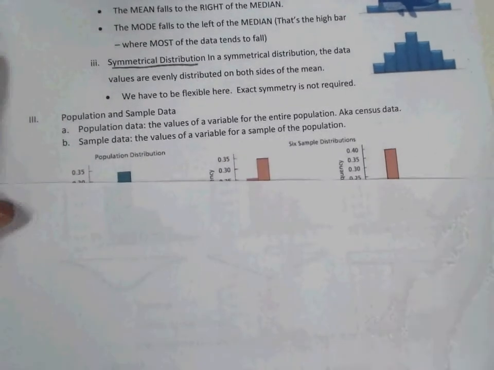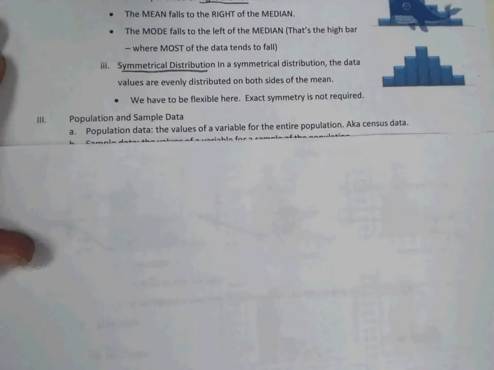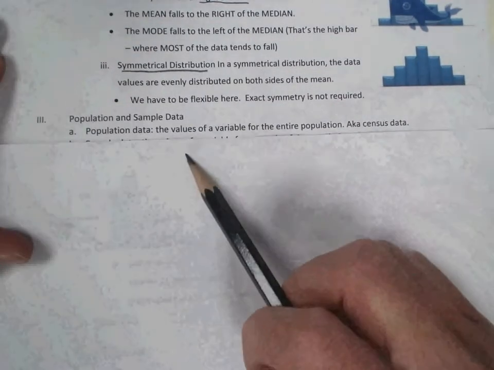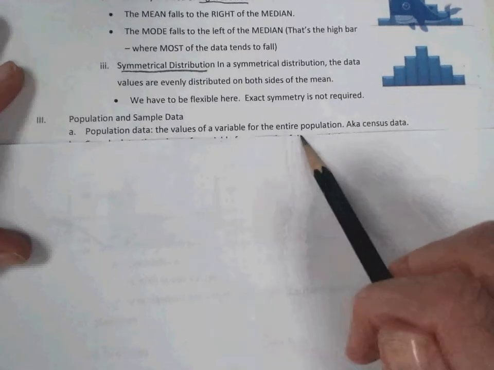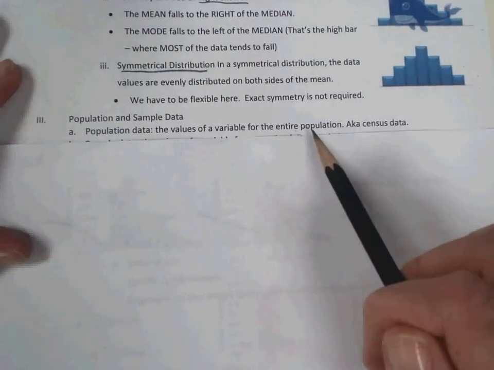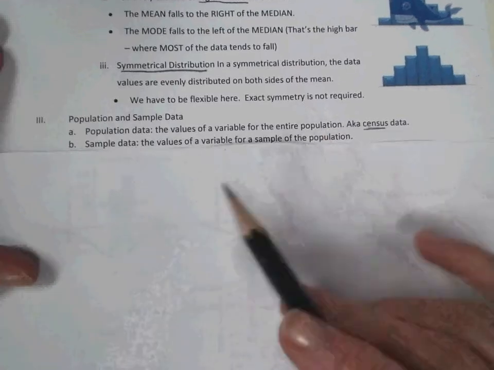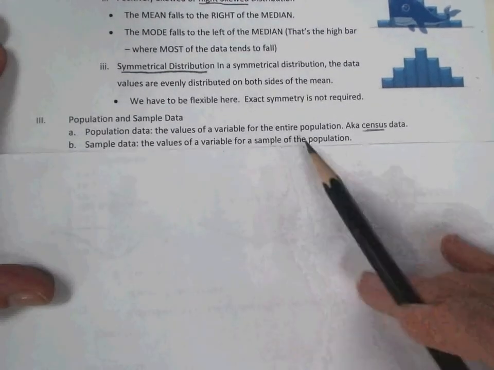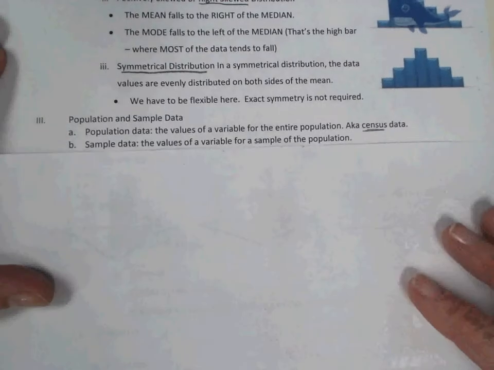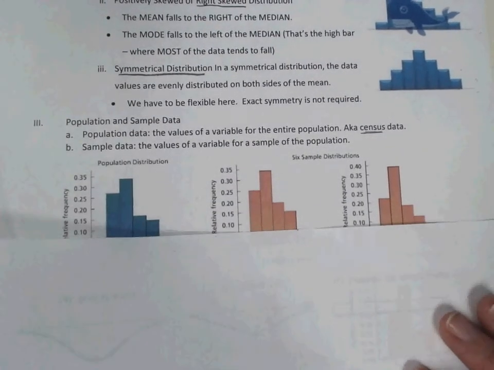Last topic for today is population and sample data. So you can see with the population data, the values of a variable for the entire population. In other words, a census. Most often we're actually talking about sample data, the values of a variable for a sample of the population. So as you can see here